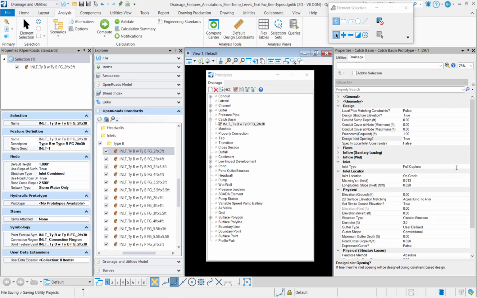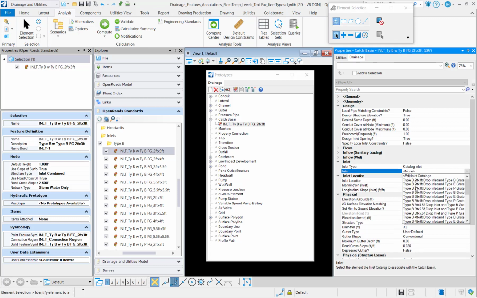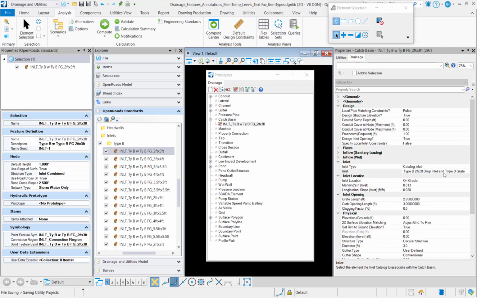Moving down to the inlet type, we're going to set this to a catalog inlet. And I've already set up my inlet catalog, so that's going to be a 2 by 3 foot type B with type B frame and grate. For the inlet location, we have two choices here. We can do in sag or on grade. And the majority of these inlets are going to be placed on grade. So I'll go ahead and set that, and then after placement, if it is an in sag inlet, that could